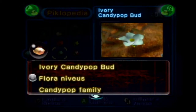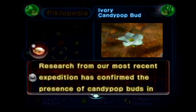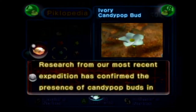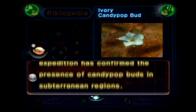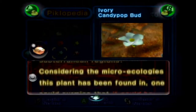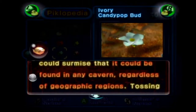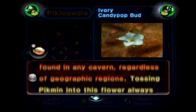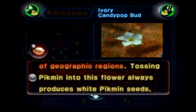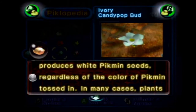Ivory Candypop Bud, Flora niveus, Candypop family. Research from our most recent expedition has confirmed the presence of Candypop buds in subterranean regions. Considering the microecologies this plant has been found in, one could surmise that it could be found in any cavern, regardless of geographic region. Tossing Pikmin into this flower always produces white Pikmin seeds, regardless of the color of Pikmin